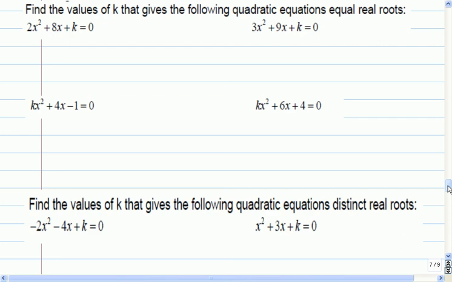Okay? So this time we're going to think backwards, which means we have to figure out how is it that we're going to get